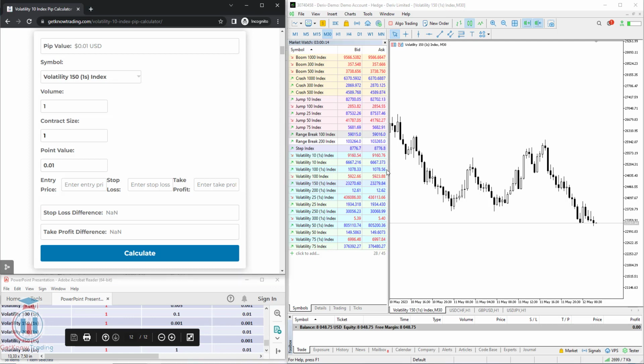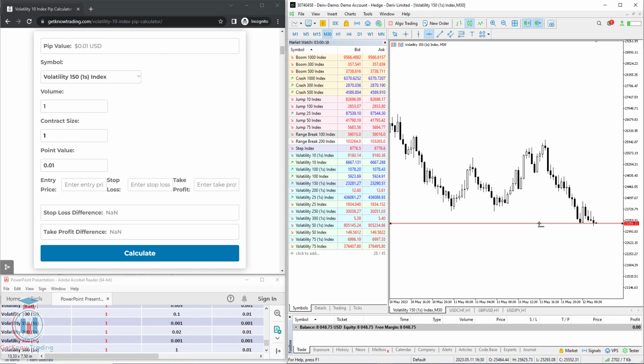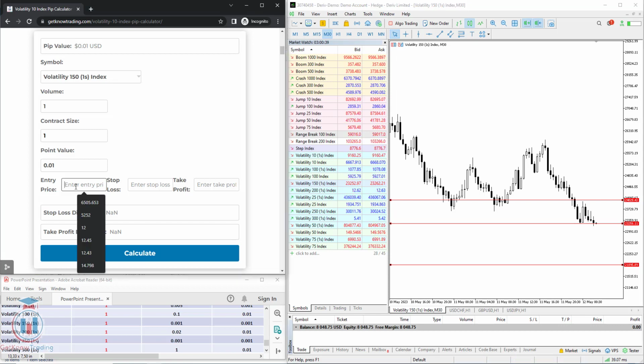Let's see how this works with an example. For example, on the chart you would like to open an order at the current market price and you're expecting that the price will go down, so you put the stop loss, for example, just above the highs of these candles. The take profit would be here. Before opening an order, you can calculate how much the stop loss would be and also the take profit. You simply enter these three values, starting with the entry price, which is